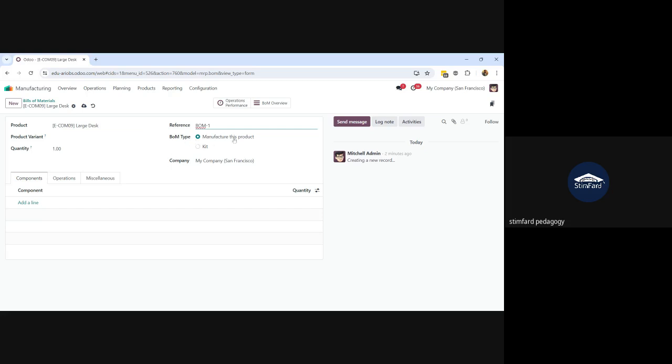So the BOM type is manufacture this product. Then there is also the option of the kit BOM type. It's another concept, and I will also tell you what is meant by kit. Currently we want to manufacture this product against this bill of material. So I will go to add the components. What components are required to manufacture or make this table? So let's say